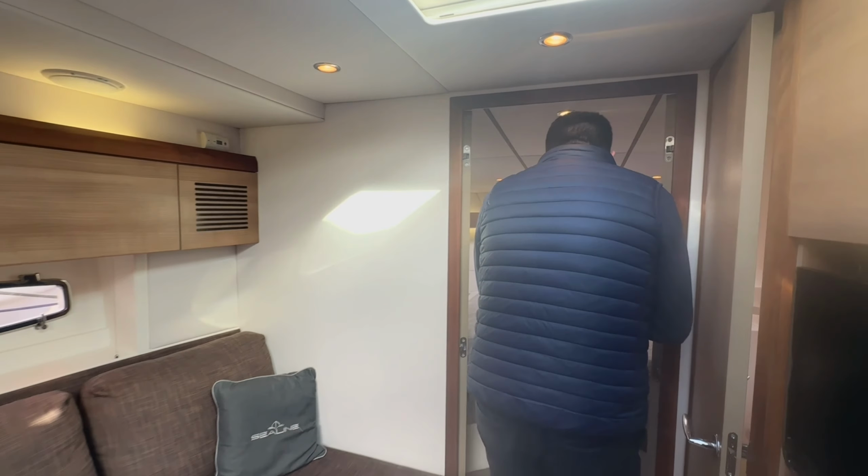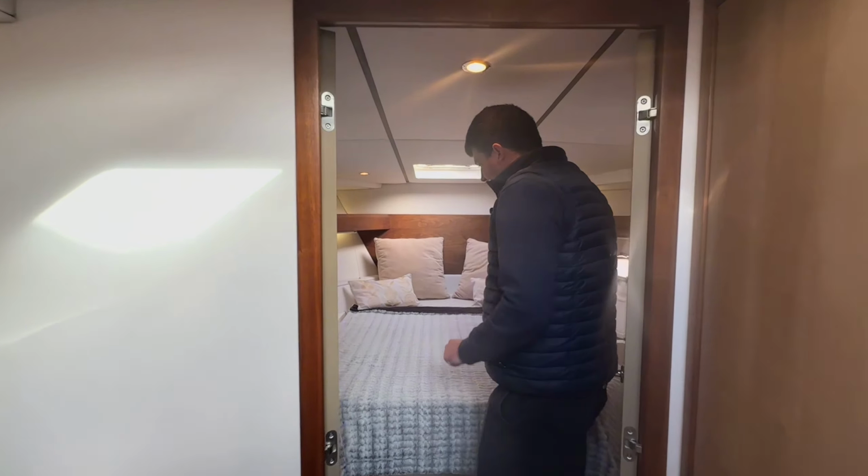Just taking you forward to your master cabin. A really good sized double berth in here. Steps up on either side. And then you've got a bit of storage overhead as well on either side. There's a really good hanging locker on the port side. And what's quite interesting about the 35,